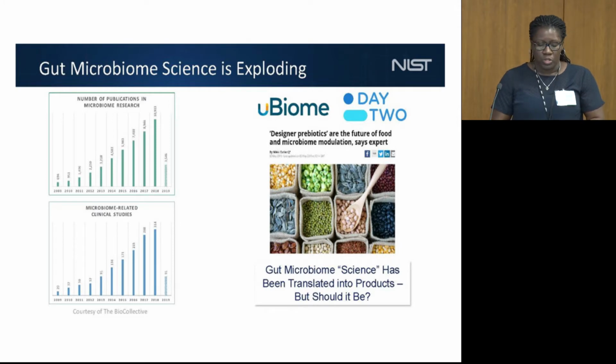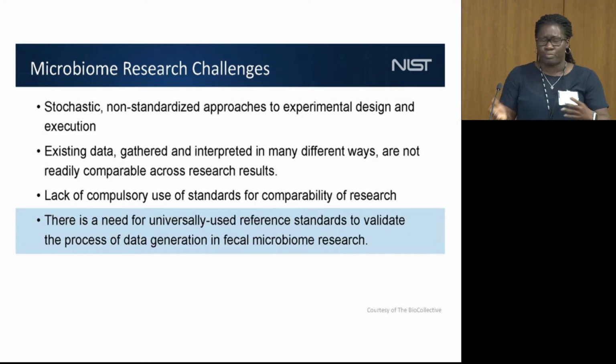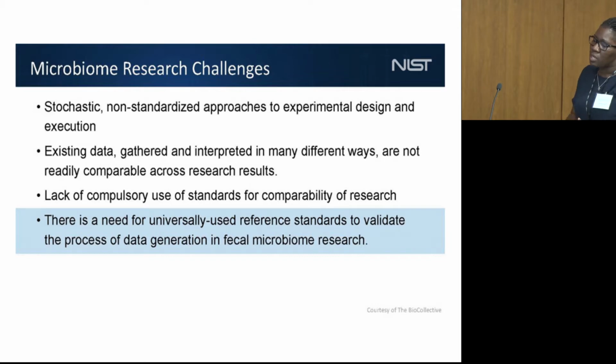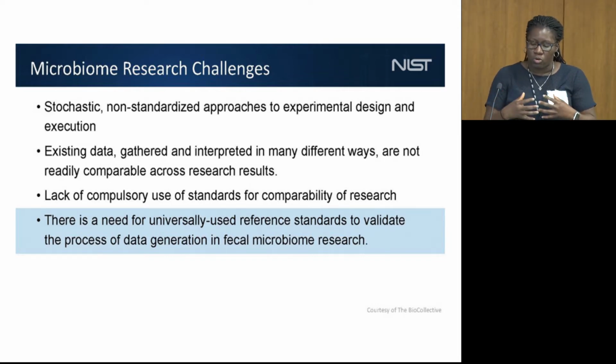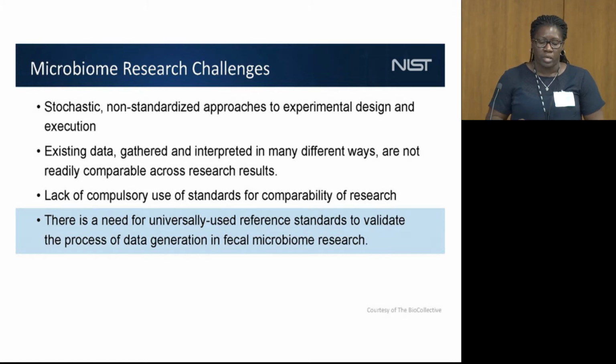There are a lot of research challenges, some that are similar to metabolomics in general. There's a huge body of work and ongoing studies, but there's no standardized approach. It's still not at a point where labs can actually compare their data. And it doesn't help that the analytical matrix for whole stool is extremely complex. So it is a field that's in need of reference materials to help get a handle on some